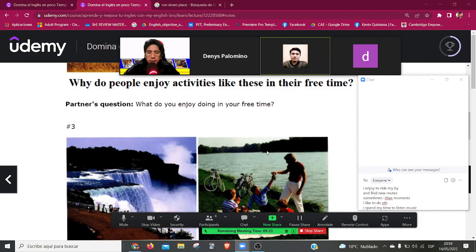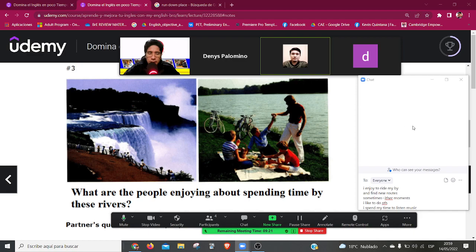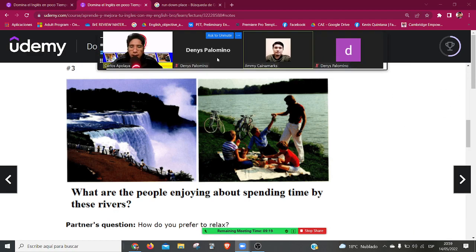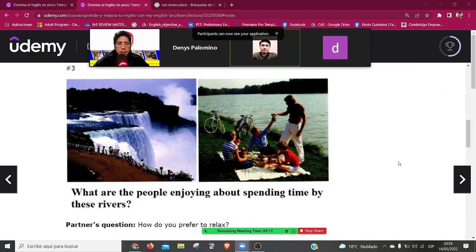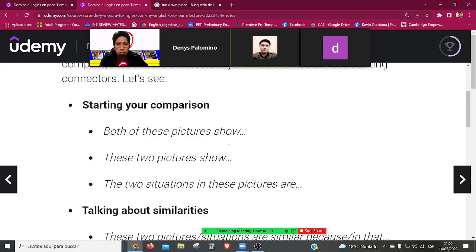Next part. Okay, Jimmy, your moment, your time has come. And picture number 3. Jimmy, you have two pictures here. Ah, otra cosa, no quiero que digan the similarities, sino que fluye de manera natural. Di las similitudes, en qué se diferencian. Ok, y luego respondes la pregunta. ¿Ya? Puedes usar conectores, como I mentioned previously. Estos conectores puedes usarlos.